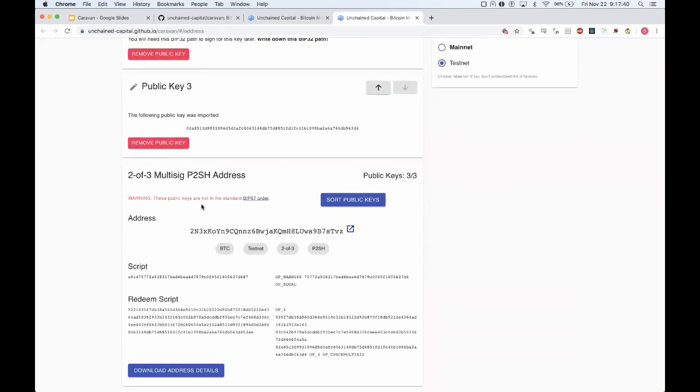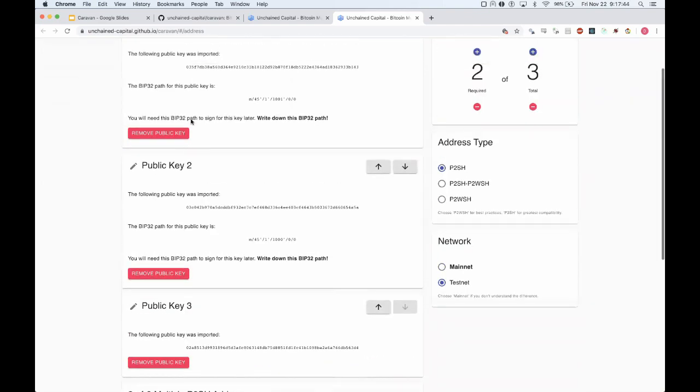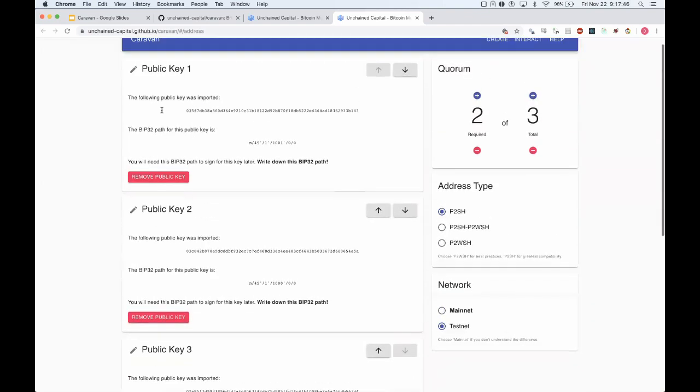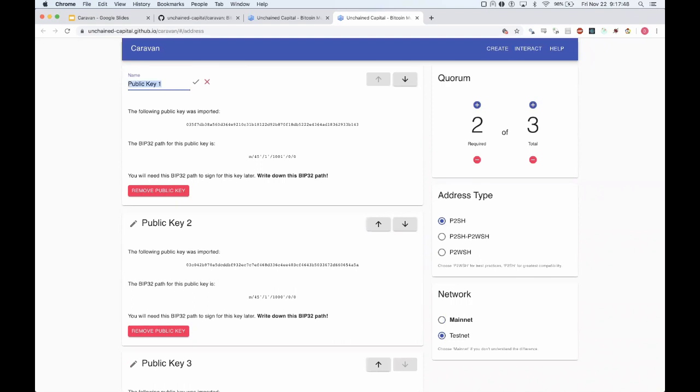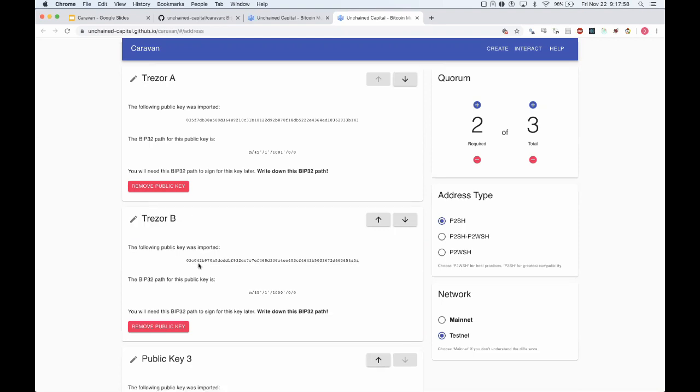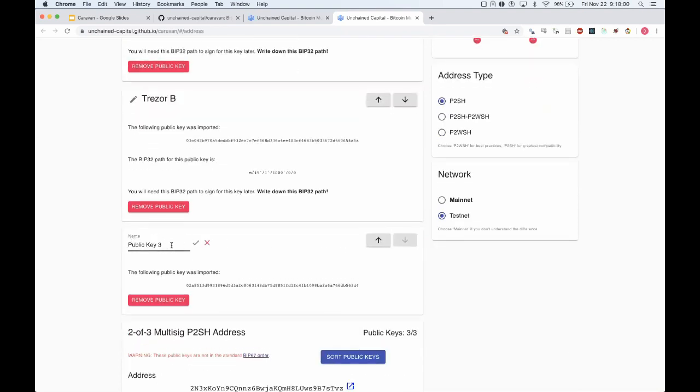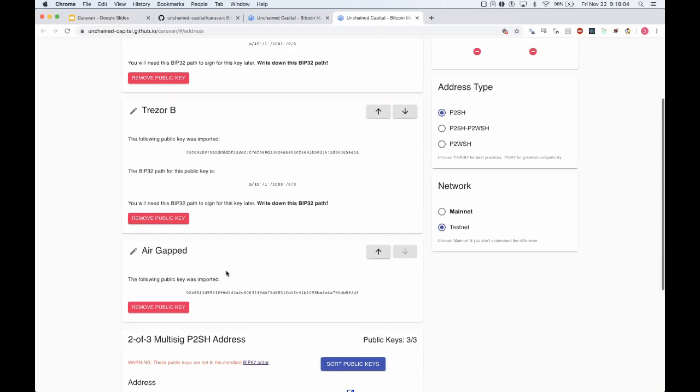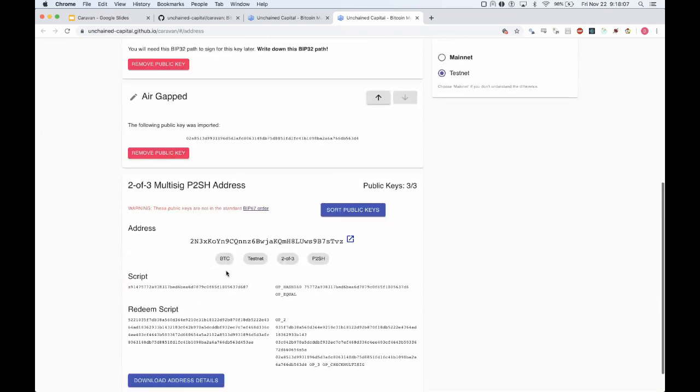Now I get a warning right away about the order the public keys are in. Let me go ahead and label these just so that it's clear to me what's going on with the order. This was my Trezor A, this was my Trezor B. Oh, come on, can't type today, there we go. And this was my external wallet. I'll call this my air-gapped. So I can give those keys labels, that'll help me to remember them here, but they're not in the correct